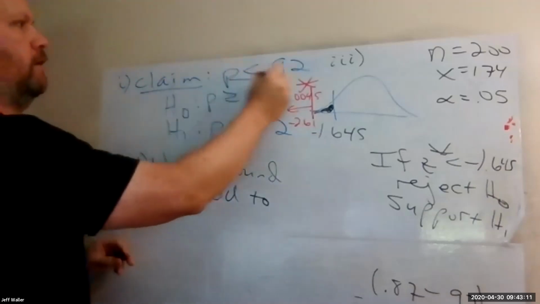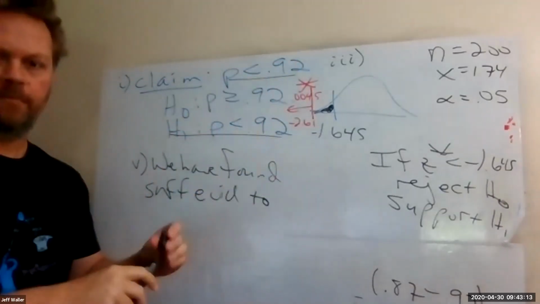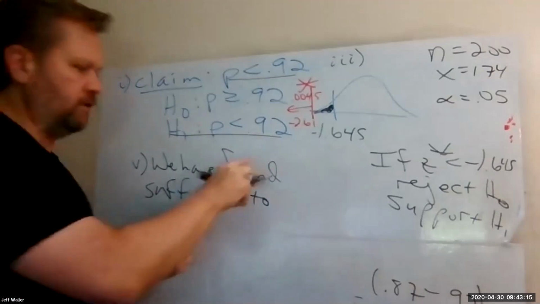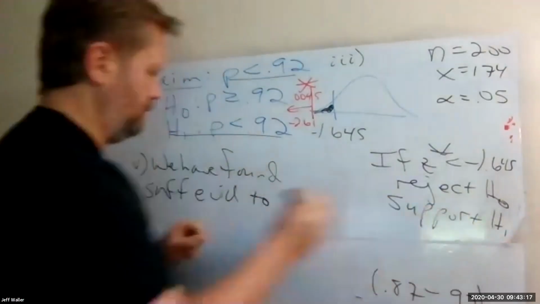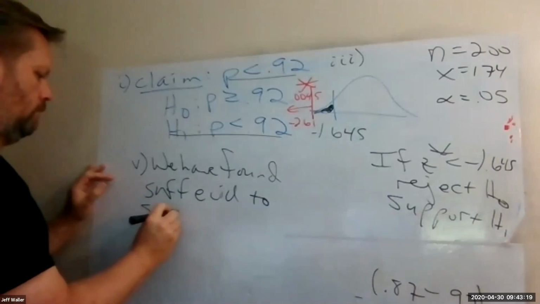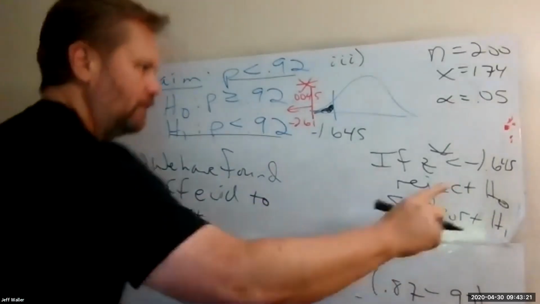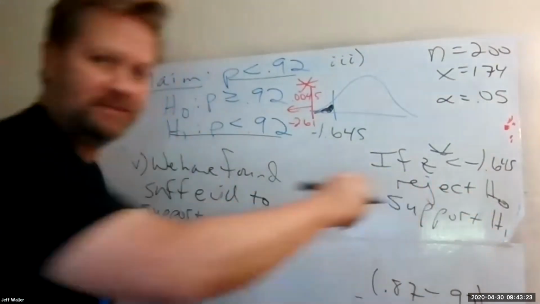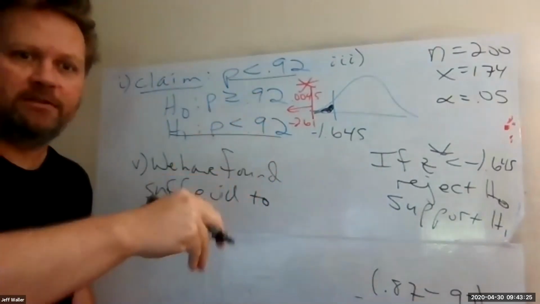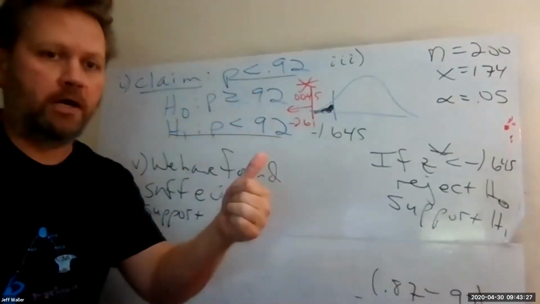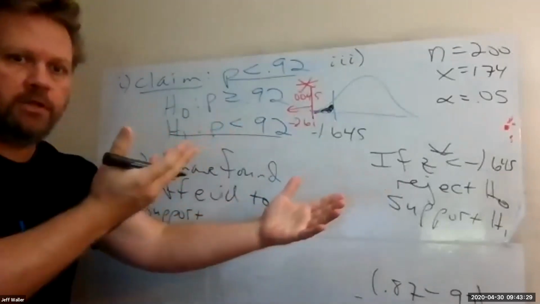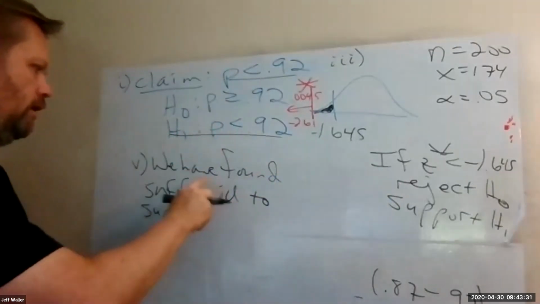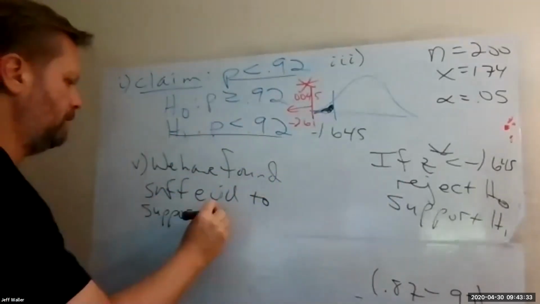It looks like the claim was the H1, right? So we have found sufficient evidence to support the claim. I have to use the language that goes with what the claim is. Never any guess. You don't have to go, it's a coin toss, reject or support. No, just use the right language for the situation. We have found sufficient evidence to support the claim